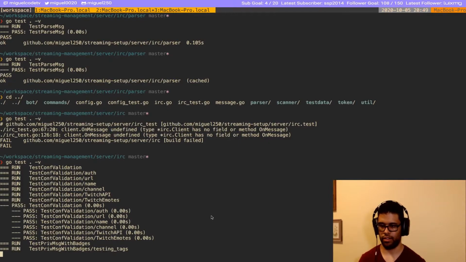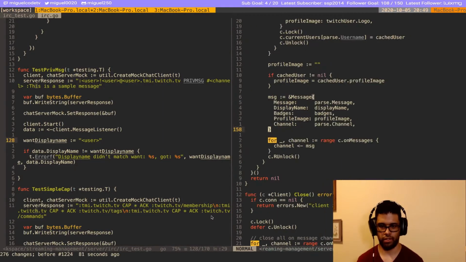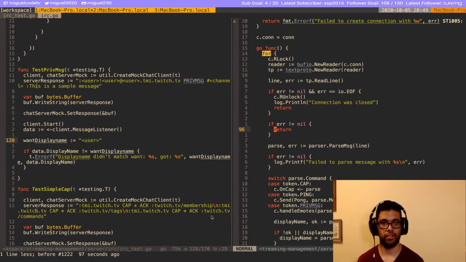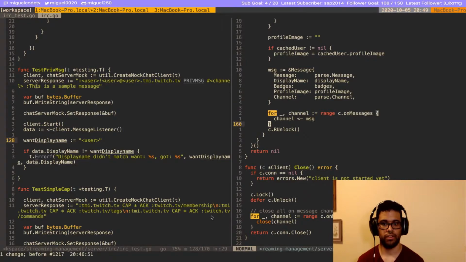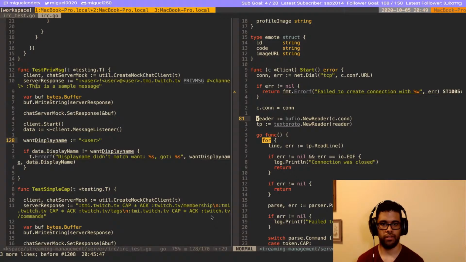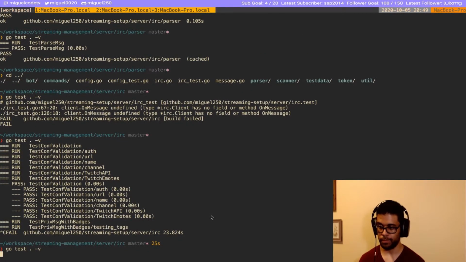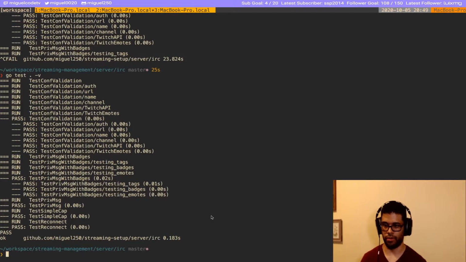I think I might have ended up messing this up. So let's just remove the locks. Okay, so that one works.